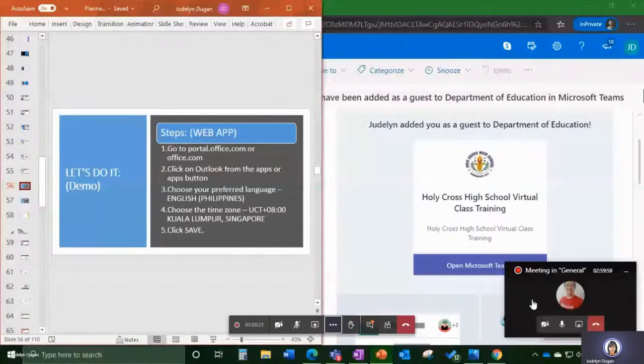Okay, so let's try to go to it. I will use now the email of my daughter. This is the email of my daughter. Since I have already opened, and I believe the same with you, you have also opened your Outlook account. So what we will do now is to check if our language and our time zone is correct. So how can we do that? Simply go to the settings, click settings,